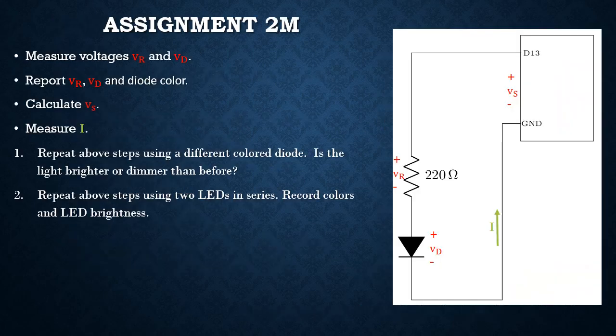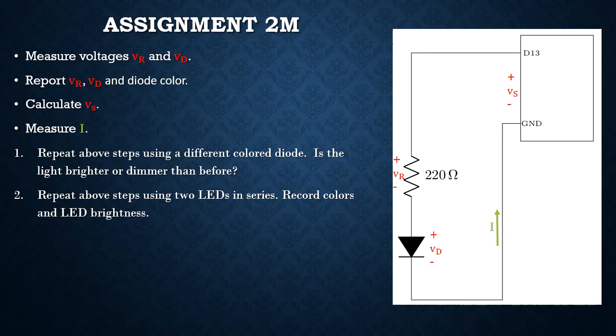So now let's talk about the assignment. What I would like you to do is build the circuit and measure the voltages VR and VD. And then I would like you to report what they are and also the color of the diode that you have in your circuit. And then I would like you to use Kirchhoff's voltage law to calculate Vs. I would also like you to measure I. So in order to measure the voltages, you're going to have to use the voltmeter functionality of the multimeter, and then to measure the current, it will be the ammeter